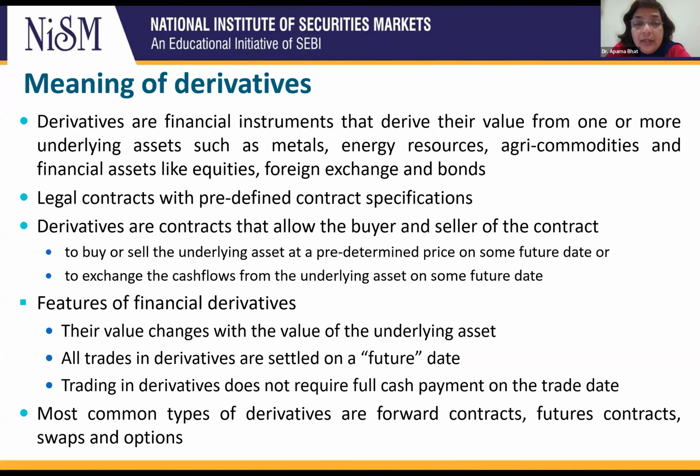So this is an example of a forward transaction. Forward transaction as in you are deciding the price of the car today itself, but you will receive the delivery and make the payment only after 15 days. So what are derivatives? They are contracts which are settled on a future date, right? So the derivative market is different from the spot market.